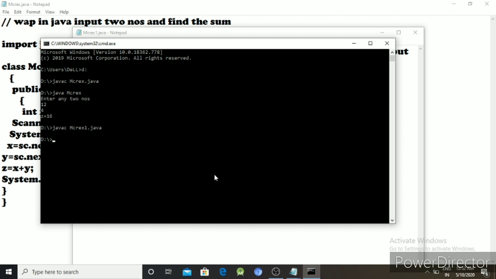Okay, no error. So java mcr ex1, then 10 and 20. Yes, 30 output is displayed.